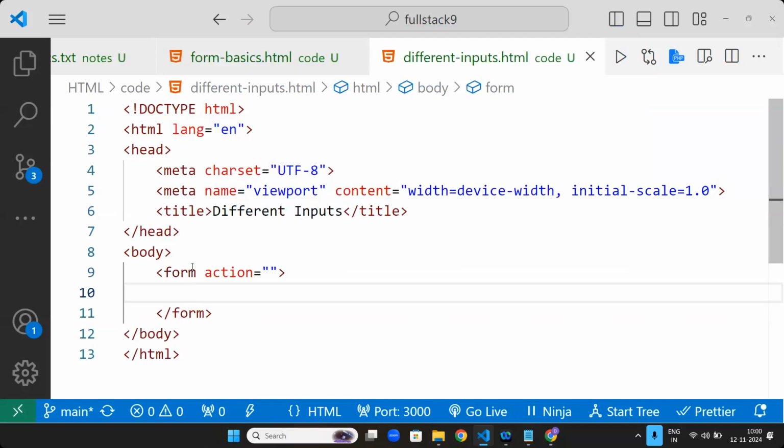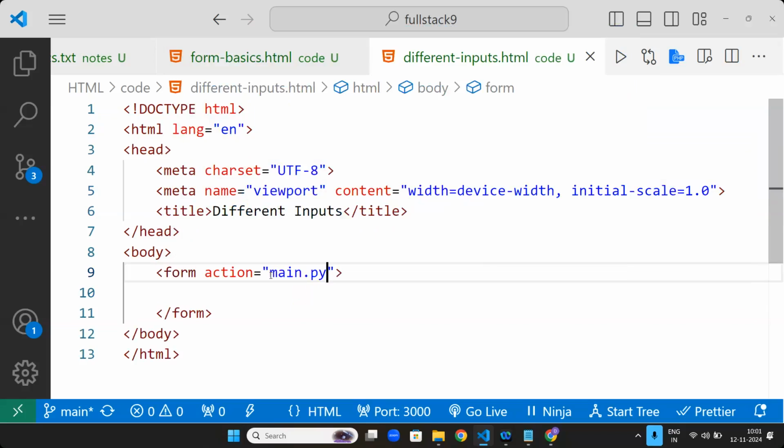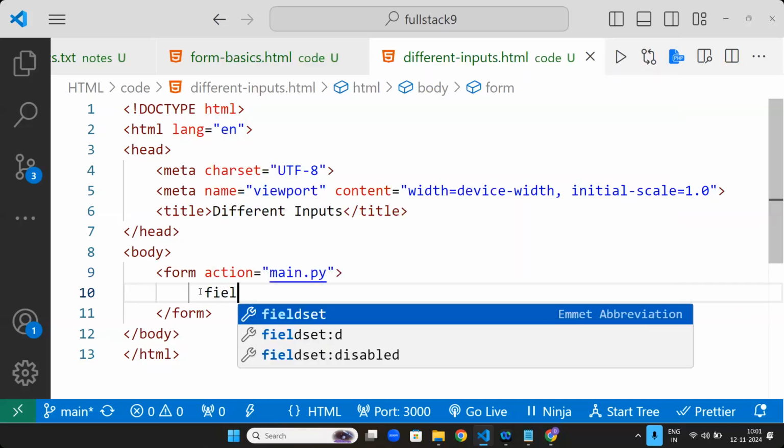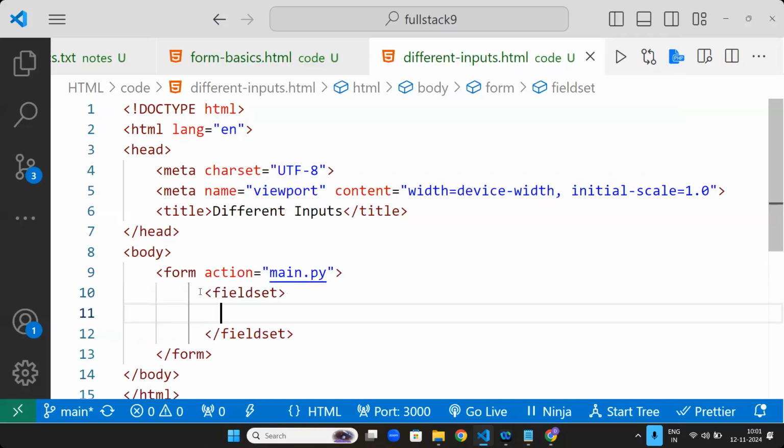Inside the form, in action I'm giving something like main.py. So where will the form be submitted? Main.py. So the form will be submitted to main.py. Now inside the form, I'm going to give something like fieldset, and I'm going to write a legend, my form.